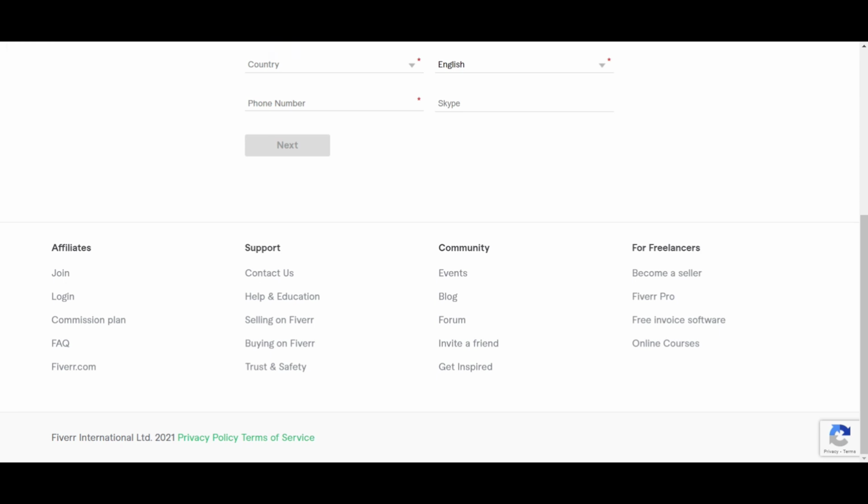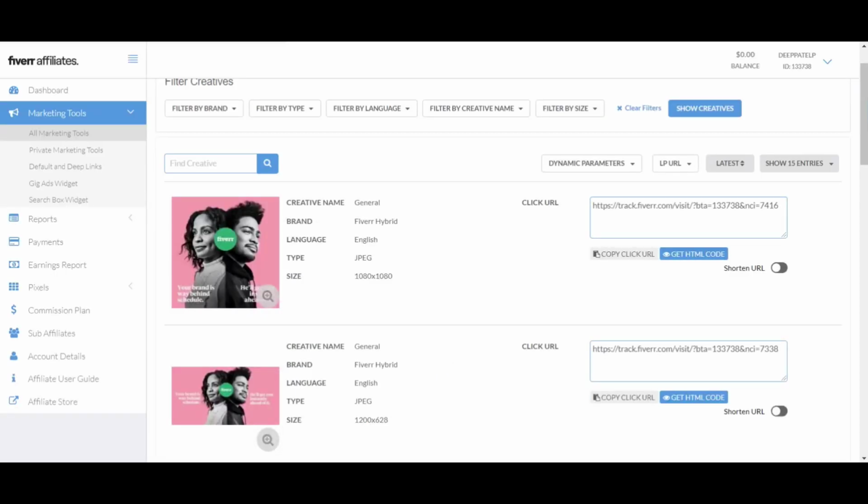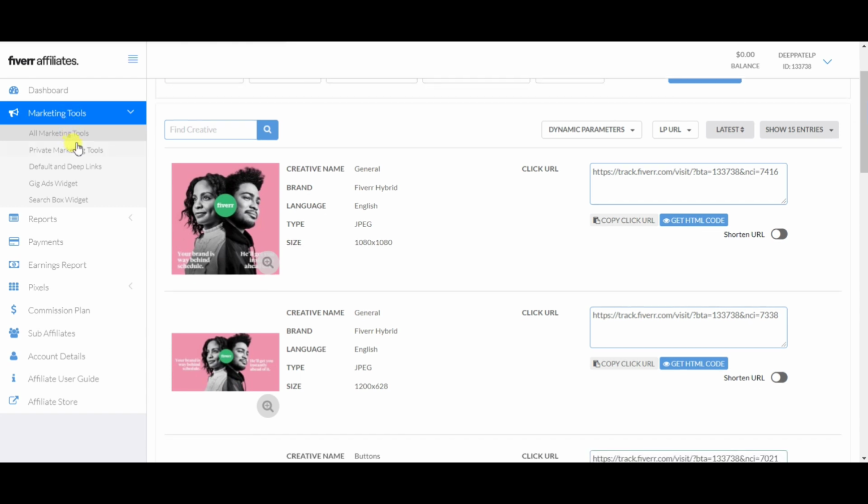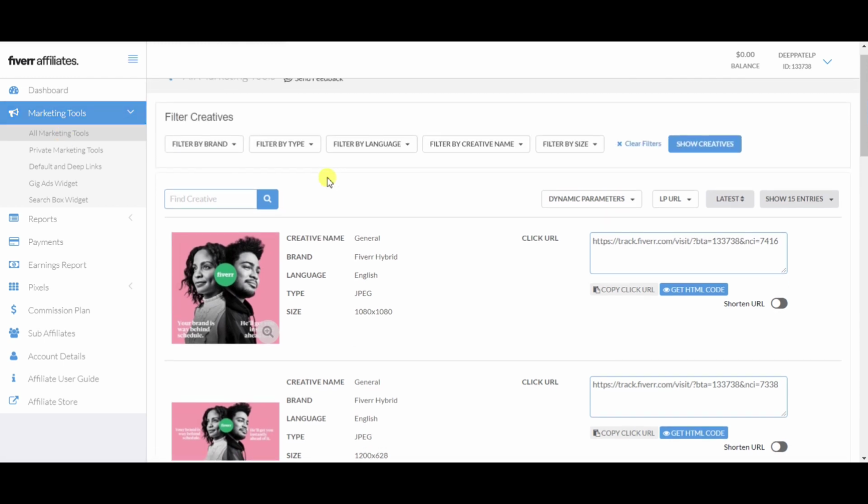Once you have completed all this, you just need to log into your Fiverr affiliate program, and then click on this marketing tools. Once you have clicked on marketing tools, you just need to click on all marketing tools, and then you can find all these different people who are providing different types of services. If you promote your affiliate link from over here, then there is a great chance that you can get an affiliate commission if someone clicks on these links and purchases a particular